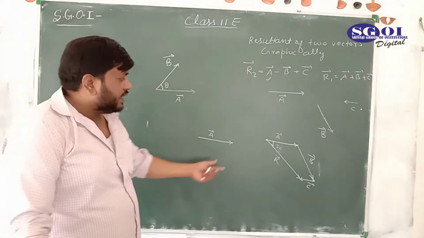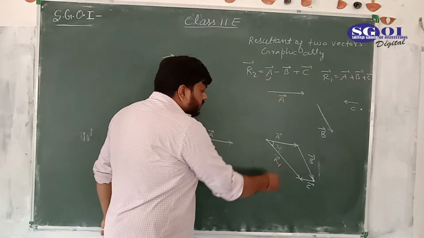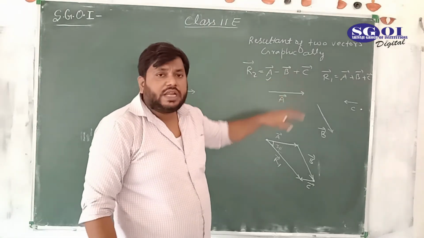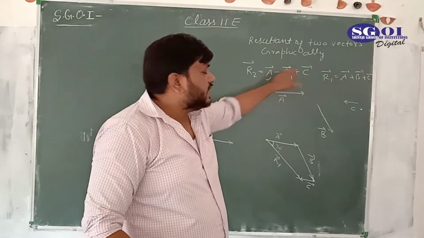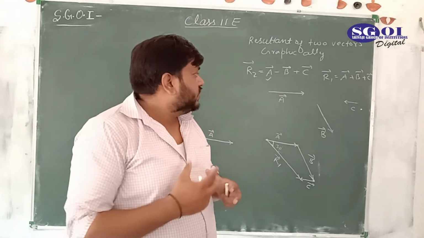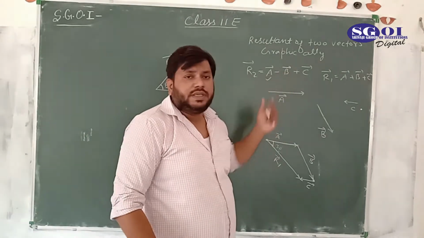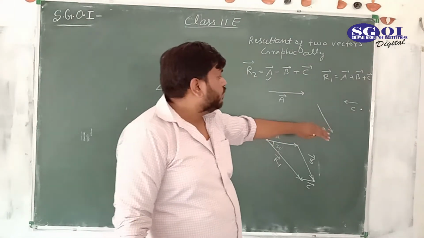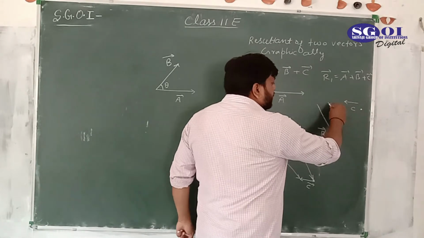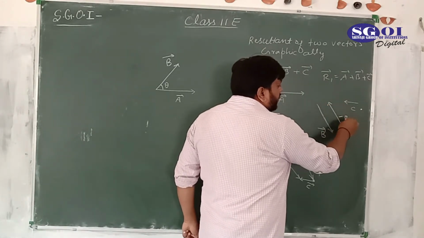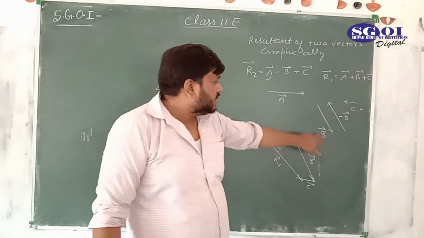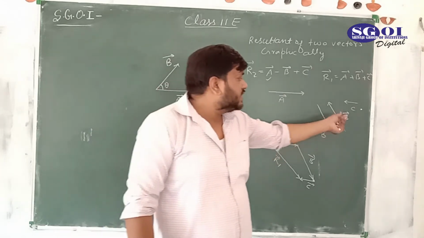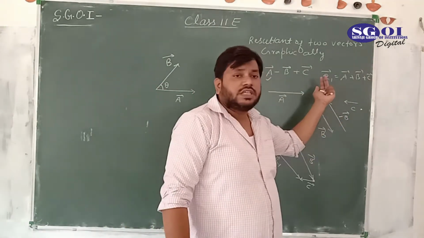Okay, just like in the previous case, this is R1. Now from here, this is not vector B, this is minus vector B, and I have told you already, the minus sign is just used to change the direction, and the vector minus B is just opposite to the vector B. So vector B is in this direction, then the vector minus B will be just opposite in direction. This is the vector B, this is the vector minus B. The length of both arrows would be the same because the magnitude is the same, only the direction is opposite. So this is B and this is minus B.